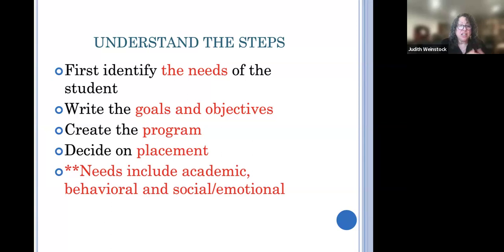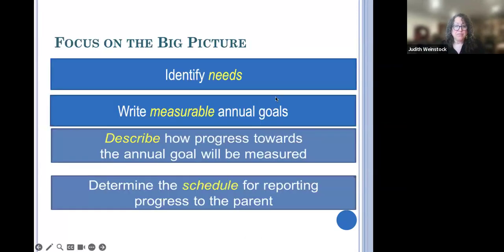And the needs of a child is a very broad umbrella, including educational progress and what the statute covers. It's not just academic, math, science, English. It's also behavioral, social emotional, and a whole purview of other skills that are necessary in order to develop and to become independent, which is the goal of the statute. So again, we like to have parents really focus on the big picture. It's really important during the IEP process to identify the needs in the IEP, which is done with the PLAFs.